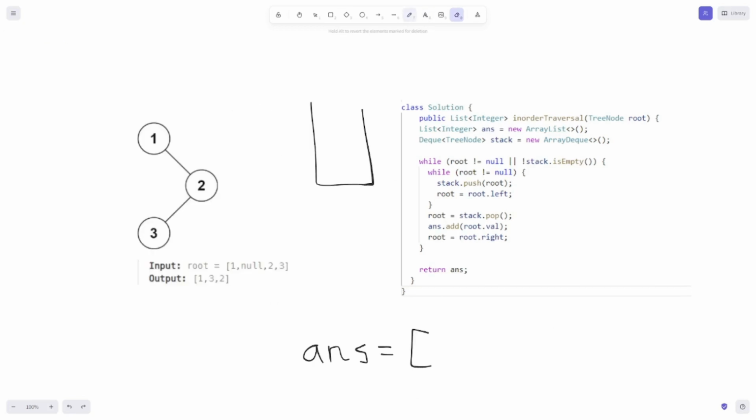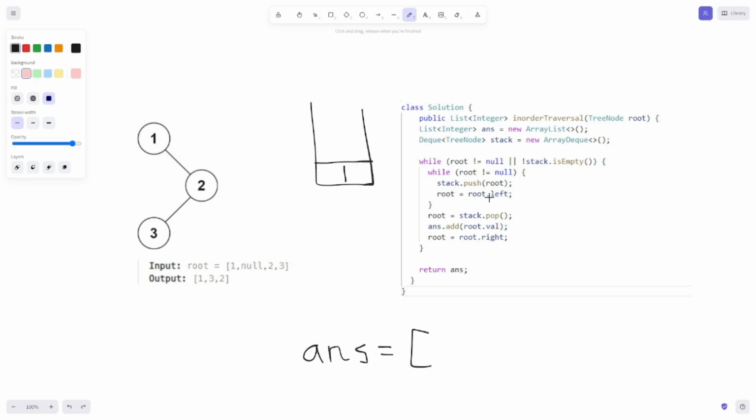Okay, so we have the same situation, different node values. We define our list answer as an empty array of integers, and then we define a stack of nodes, and we loop through the outermost while loop. Root is not equal to null because we start at root 1, and the stack is empty, but we just need 1 conditional to be true. We enter the innermost while loop, and we check, okay, root not null. Stack.push root,